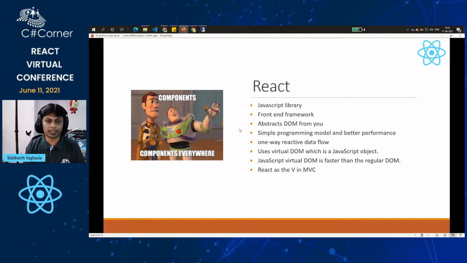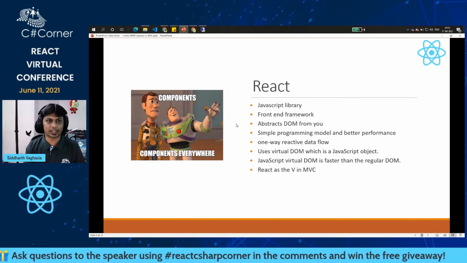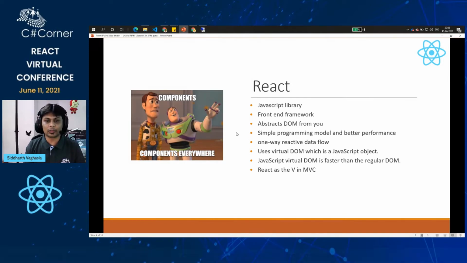There would be people who use jQuery and everything, and we know that to change something on the UI, we find that particular DOM element using jQuery, using IDs or maybe CSS class names, and then we change the DOM the way we want. React makes it organized and structured, and it's also a one-way reactive data flow. It means that once we create states along with the classes, and once we change the state, it automatically re-renders the DOM and sends the updated HTML content to the user, right?